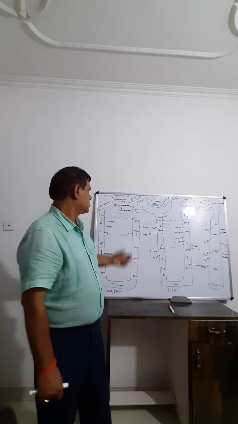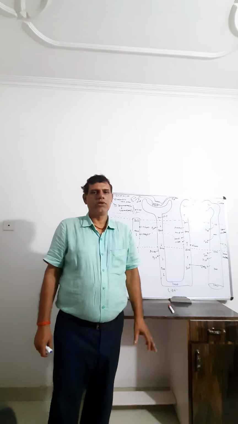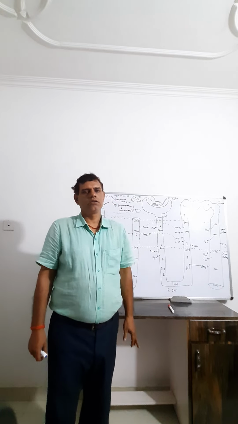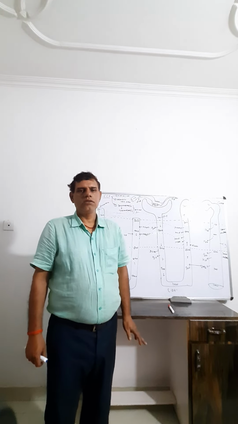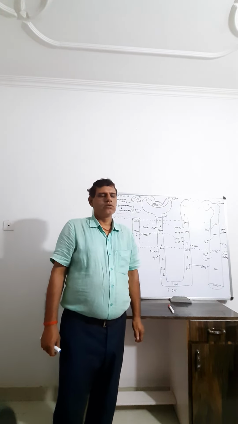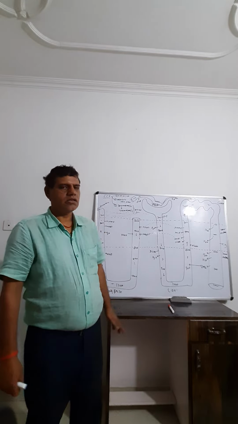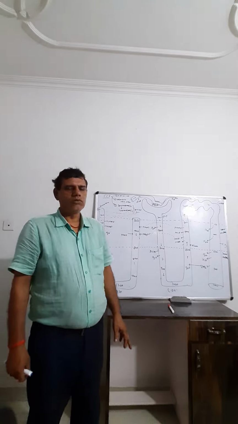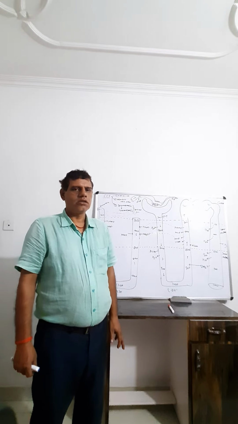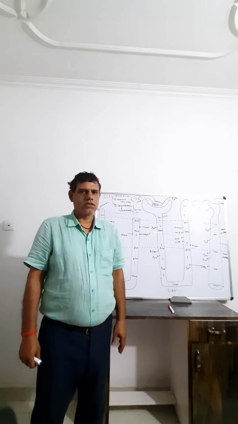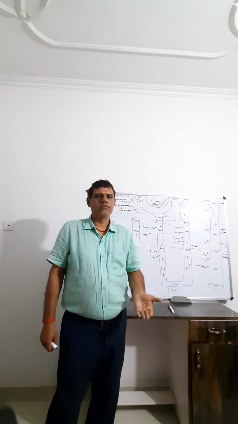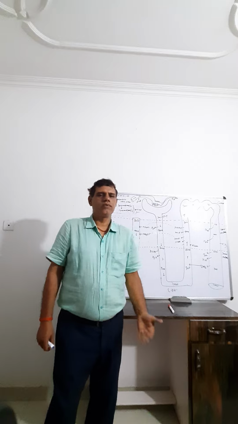Today's class is related to the function of the kidney and the counter current hypothesis. The function of the kidney is mainly three; urine formation takes place by three processes. The first process is called ultrafiltration, the second is tubular reabsorption, and the third is selective secretion. During ultrafiltration, the first process, also called glomerular filtration,